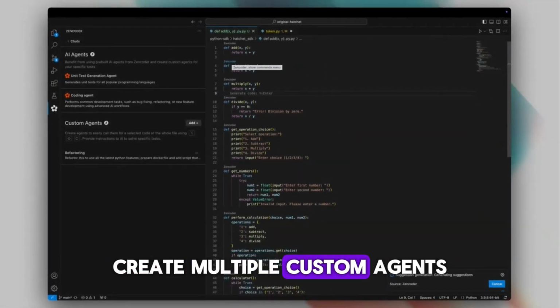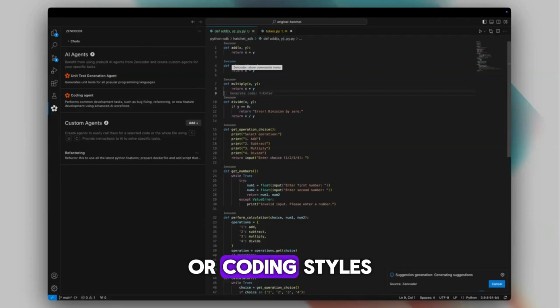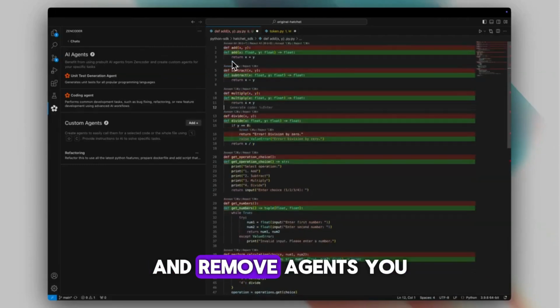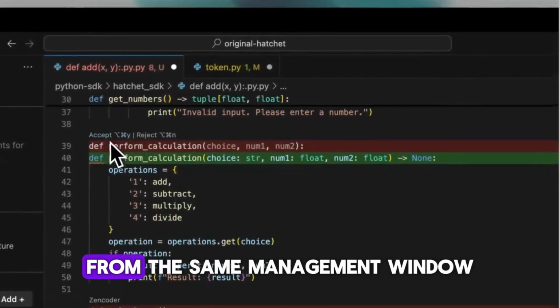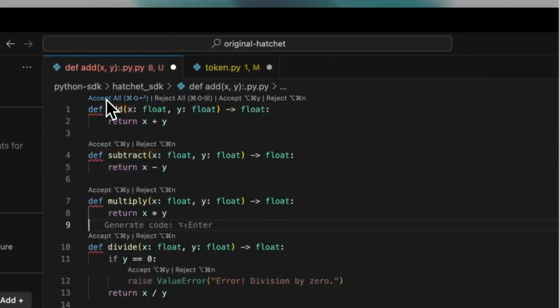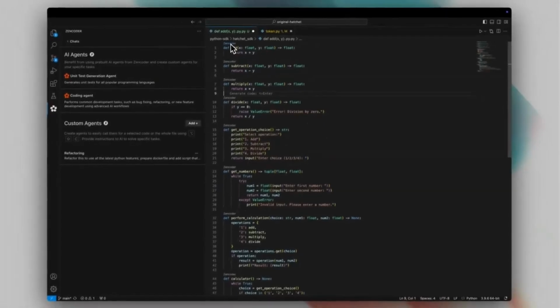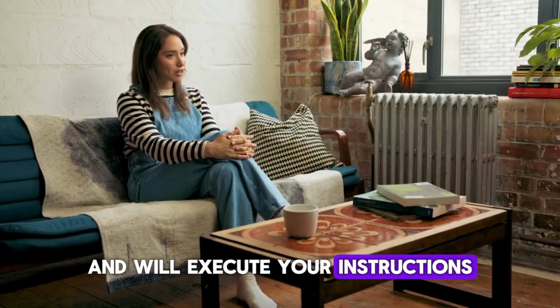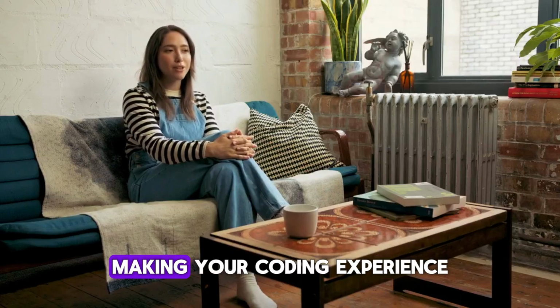Create multiple custom agents for various tasks or coding styles, modify existing agents via Manage Custom Agents, and remove agents you no longer need from the same management window. Your custom agent is now set up and will execute your instructions every time you use it, making your coding